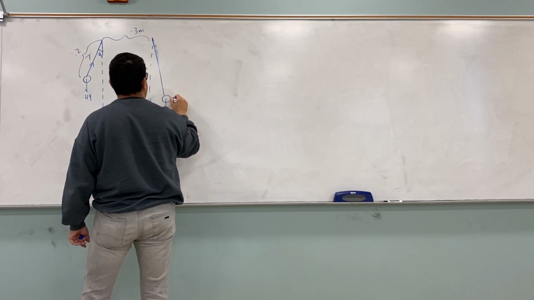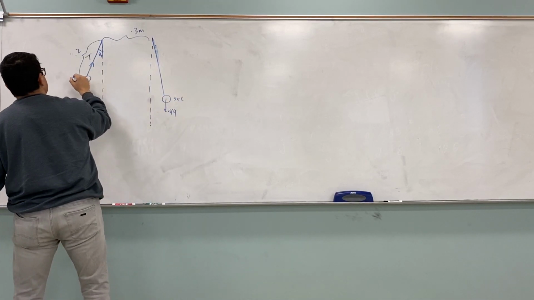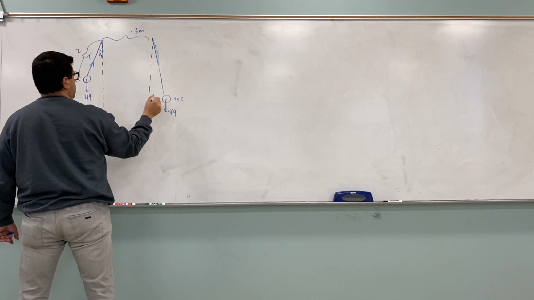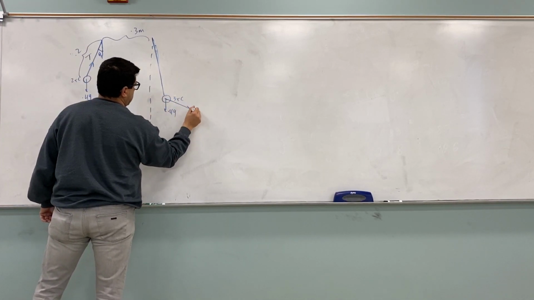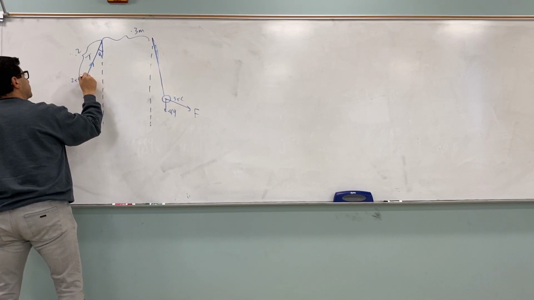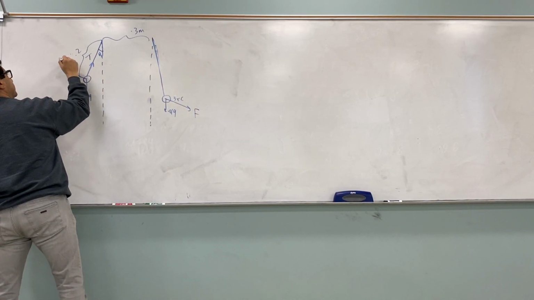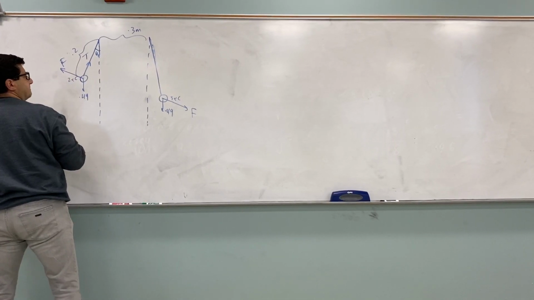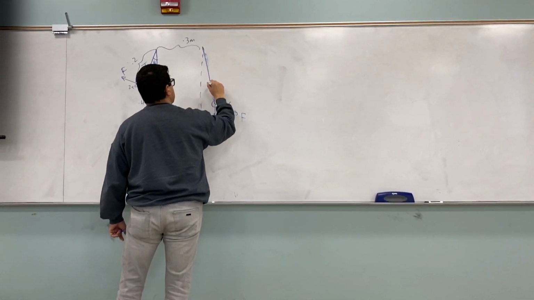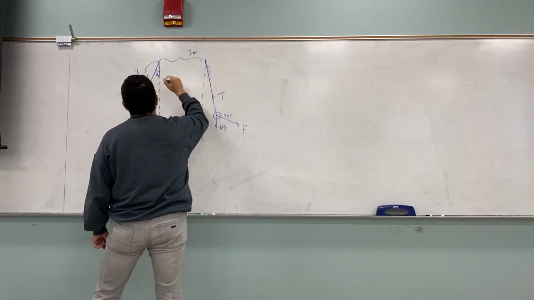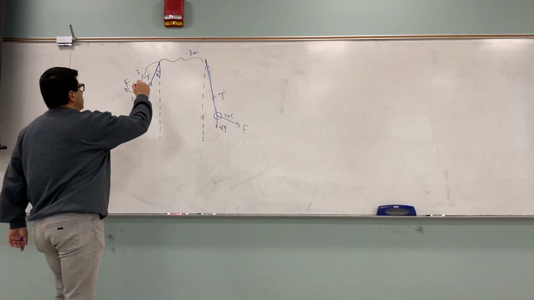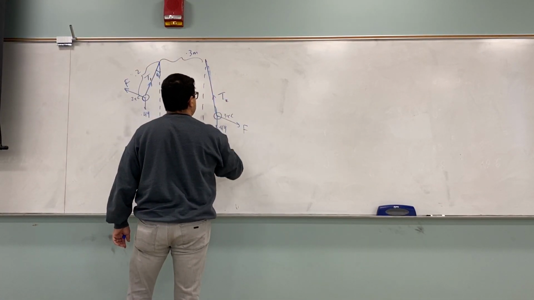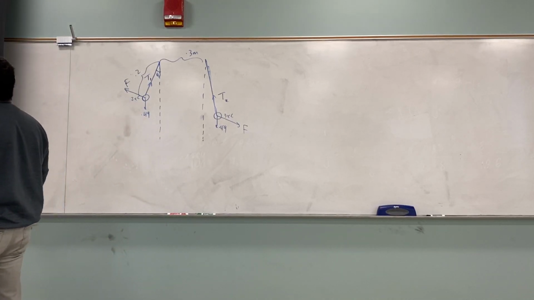0.49. This was 3 microcoulombs, 2 microcoulombs, and then this one exerted a force like this, F, and this one exerted a force like that, F. This one we called T. This one we called T1. And then this one we call T2, and then at the end we got this equation,